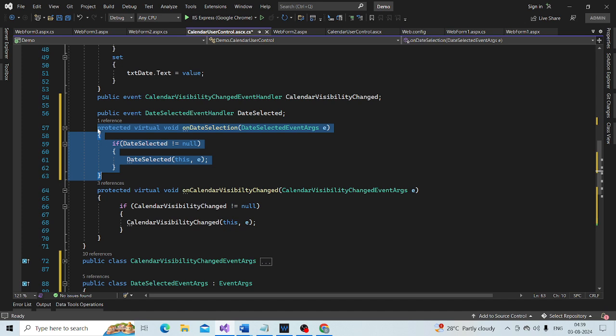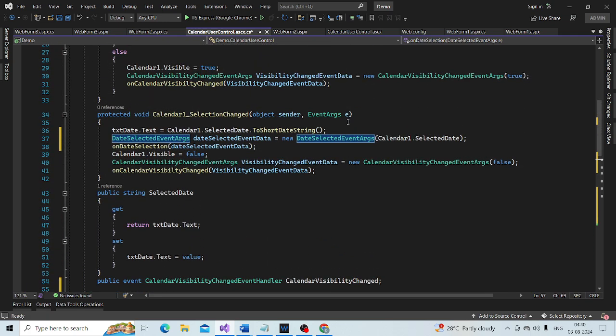We have this date selected args, date selected event args, which you are passing in as a parameter, and this object contains the event data, and this object contains the data that the user collected.